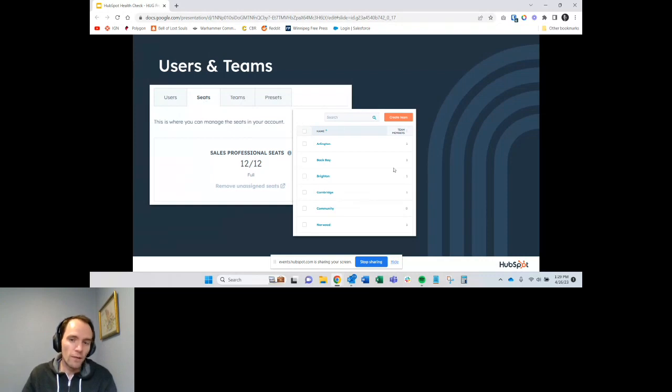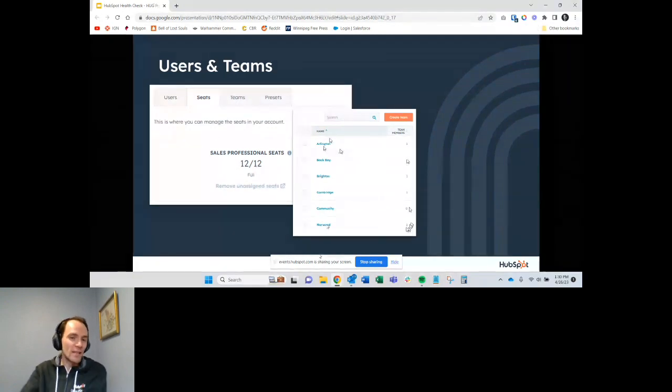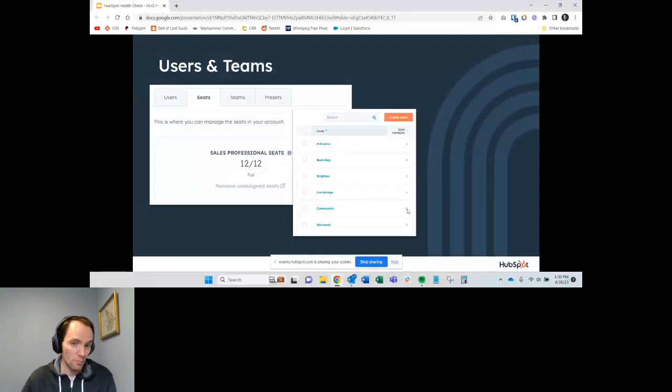The other place that people commonly, I love it when people have teams set up, but this is an example of where maybe teams aren't super necessary, in that this list goes on for about 7 more locations, but we've got teams with 1 person, 1 person, 1 person, 1 person, no people, and 1 person. So if you have a 1-person team, or you have nobody on a team, that team isn't adding a whole lot of value. So either removing those teams, or potentially, reorganizing the way the team structure might look to be